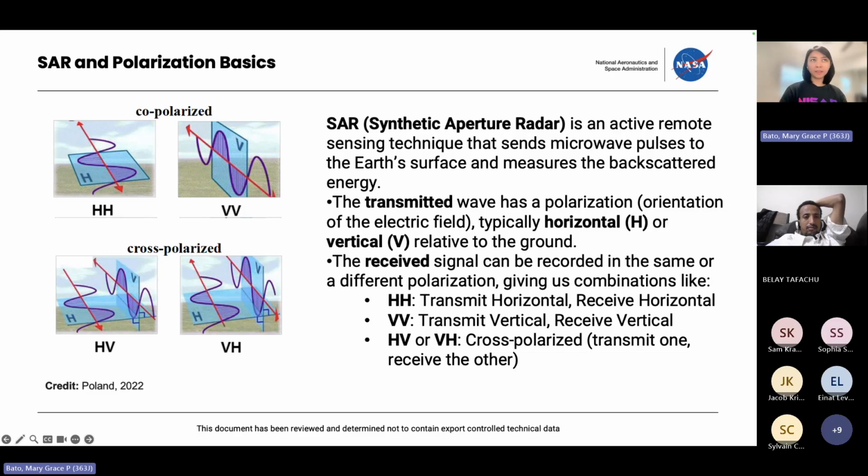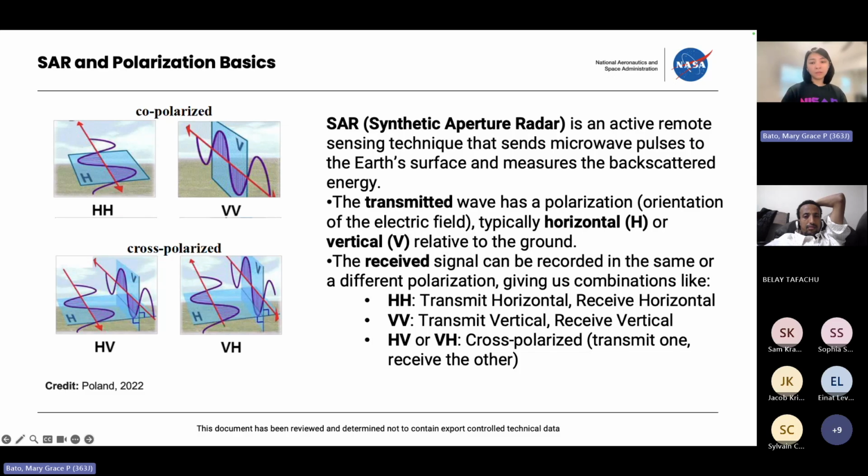That's why it's called a synthetic aperture: you are recreating or simulating the large antenna from the motion of the satellite. And that helps you achieve a high spatial resolution from a relatively